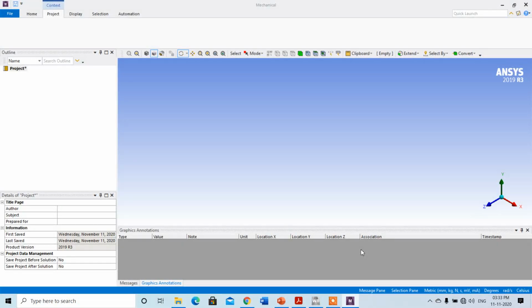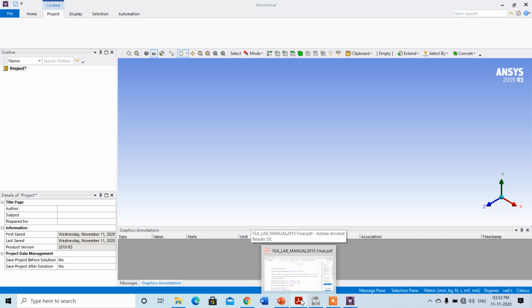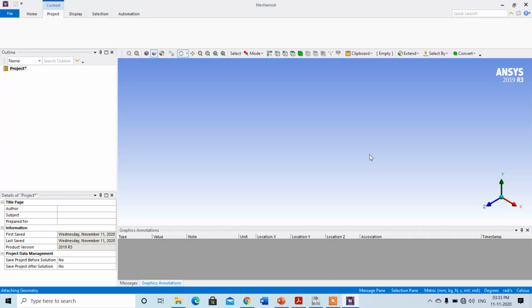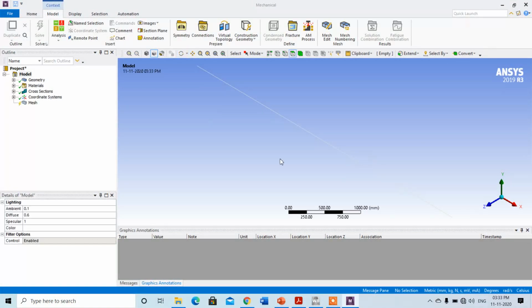It is still opening. So we can check the temperature flow from left side to the right side. Okay, it has opened now.